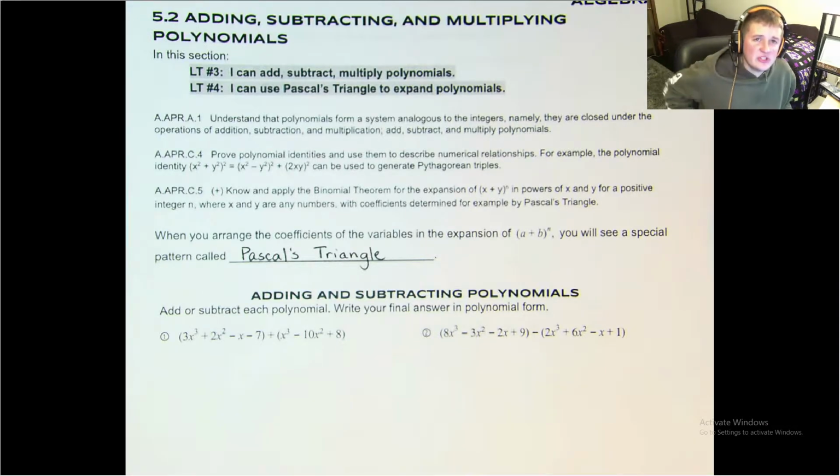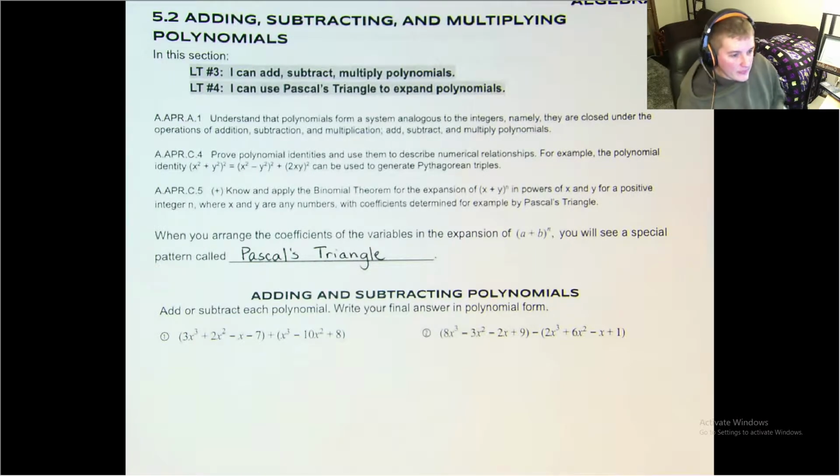Okay, we are going to start Chapter 5, Lesson 2, adding, subtracting, and multiplying polynomials. Okay, two learning targets. First is that you can do all three of those operations with polynomials. And then lastly, when we're going to take a binomial to a power, we want to use this thing called Pascal's triangle to expand the polynomials because it moves much quicker than multiplying it by itself over and over and